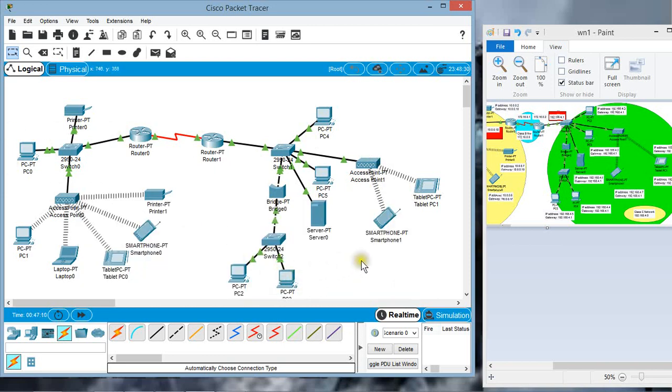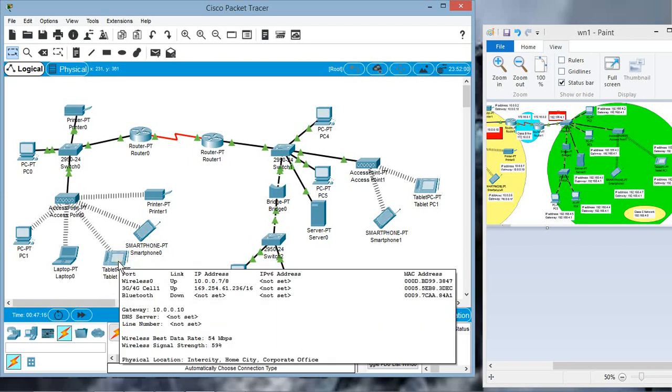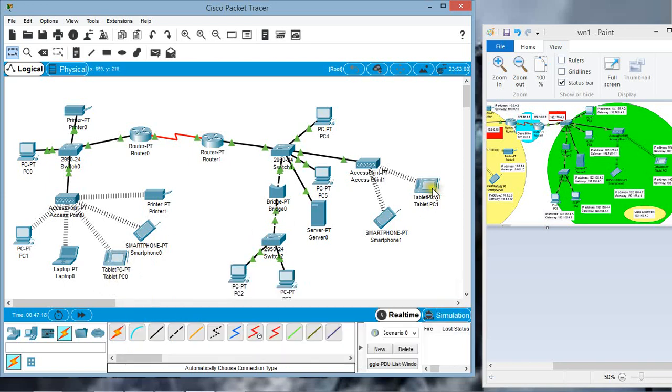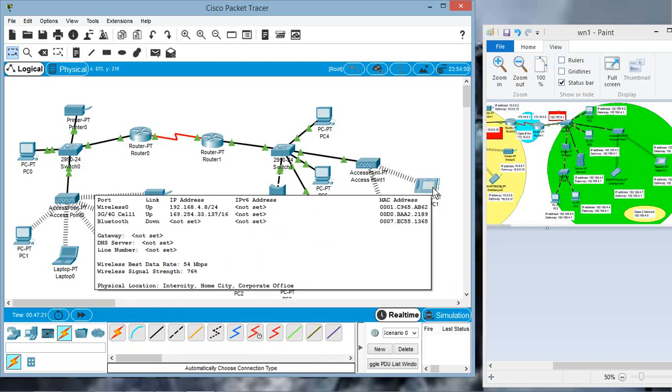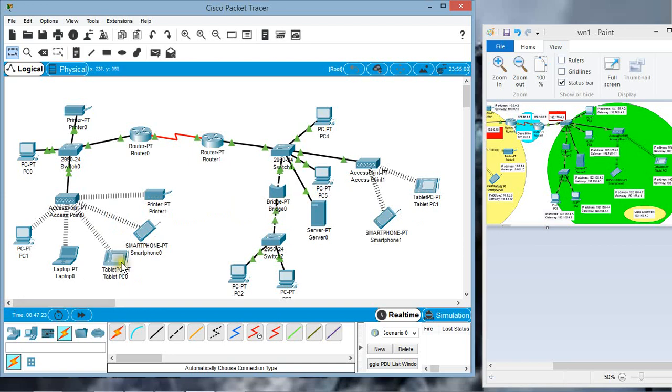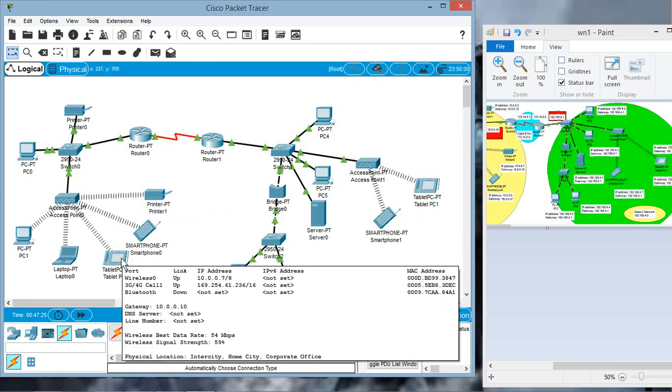So let us ping the IP address of, say, this wireless tablet PC0 in LAN 1 from wireless tablet PC1 in LAN 2. The tablet PC in LAN 1 has the IP address 10.0.0.7.